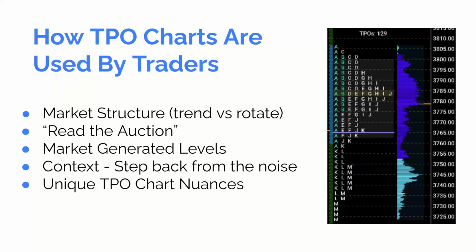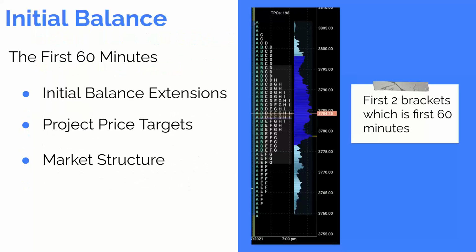Definitely there's some good things to be aware of there. So let's take a look at these. I'm going to go through these pretty quick, but initial balance, it's the first 60 minutes. So it's the first two brackets. So looking at that graphic I got right here, A and B, I actually have them colored, and that's the way I do it on my own charts. I color the initial balance, the first two brackets, its own color, and I do that because it's very important to me